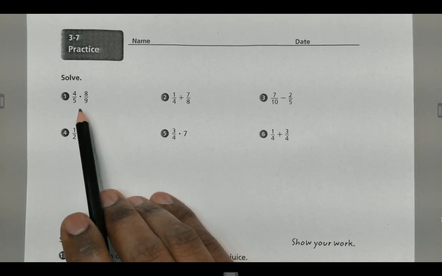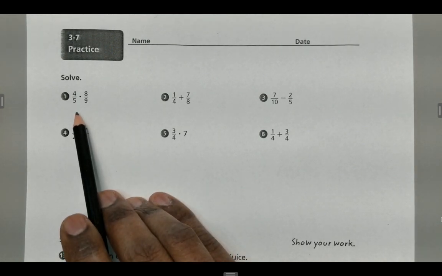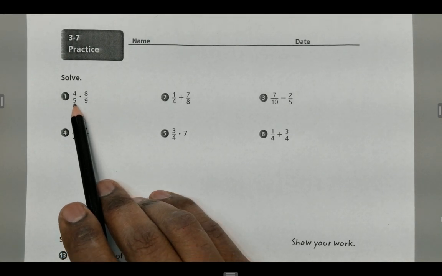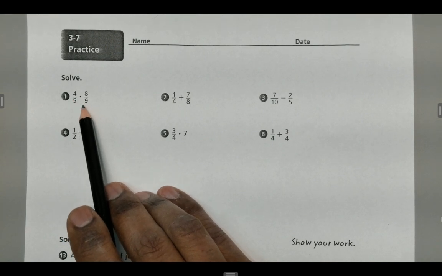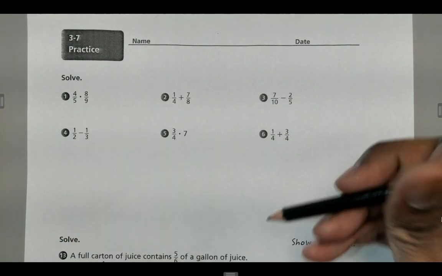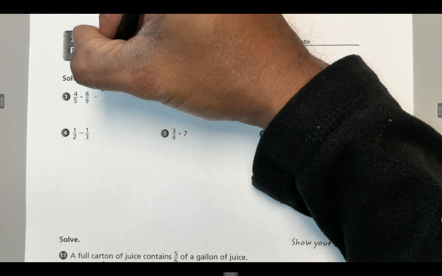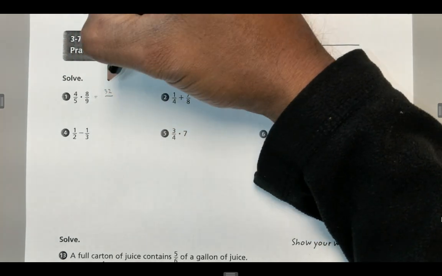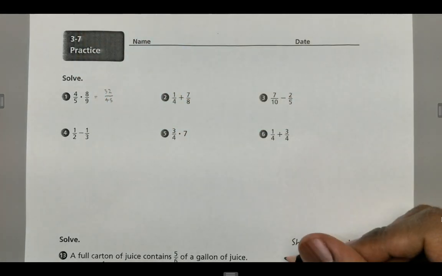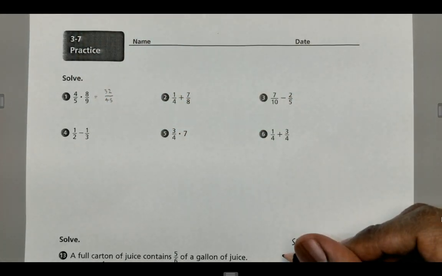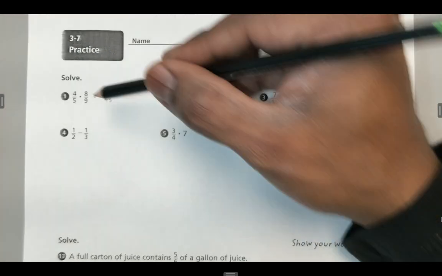Let's get started. In problem 1, 4 over 5 times 8 over 9, I'm first going to see if there's an opportunity for using cross-canceling. 5 and the 8, no, there's not a common factor other than 1 that goes into both. 4 and 9, no, nothing there either. So let's multiply across the top. 4 times 8 is 32. Let's multiply across the bottom. 5 times 9 is 45. And even though those numbers are a little bit larger than we're used to seeing, that is our simplest form